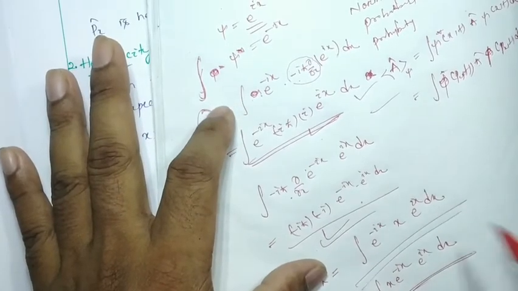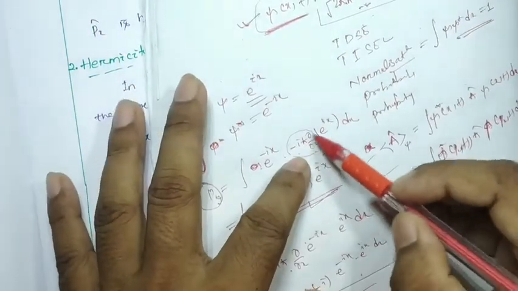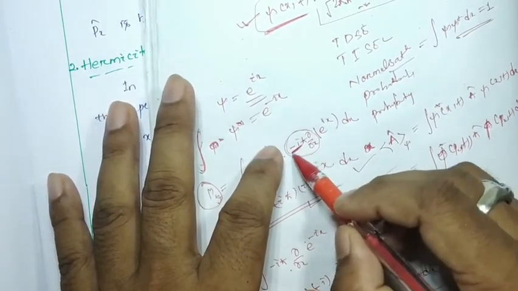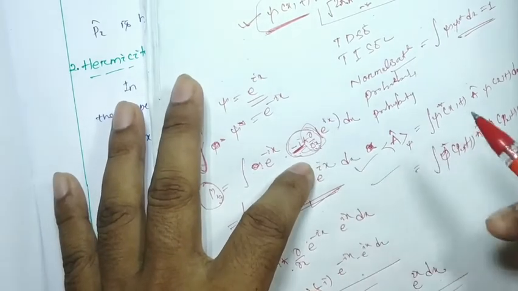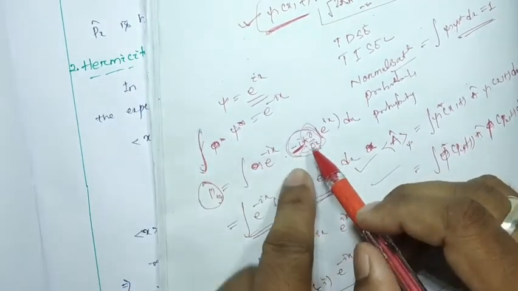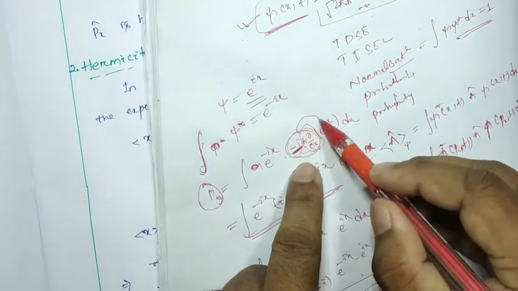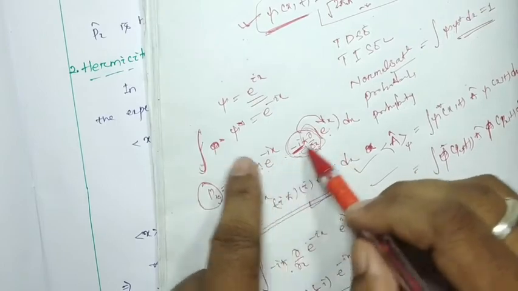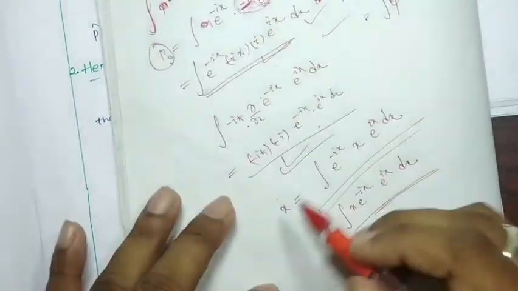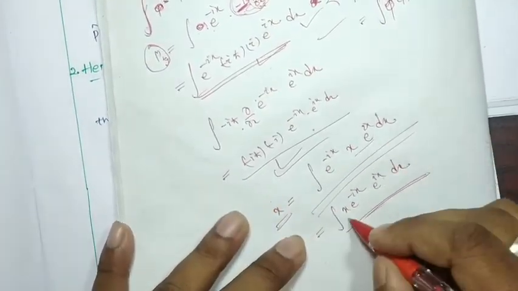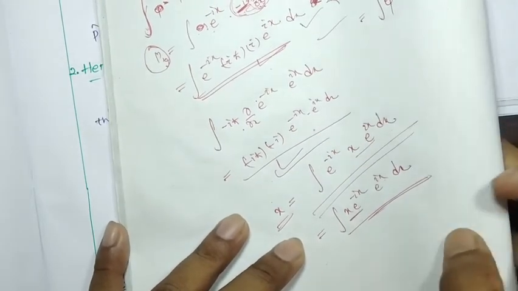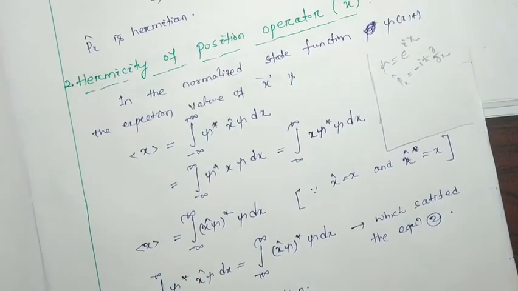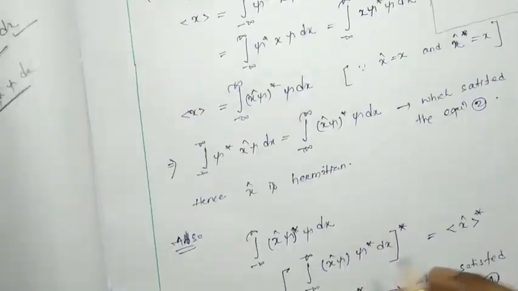For the momentum, which has the differentiation part and is complex, it has to first operate on psi, then we multiply the things whatever we get. But in case of x, it can be written either way. There is no difference, we can say. So only for that reason we can write